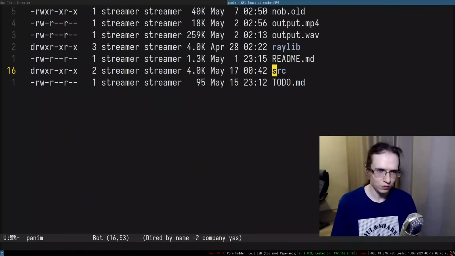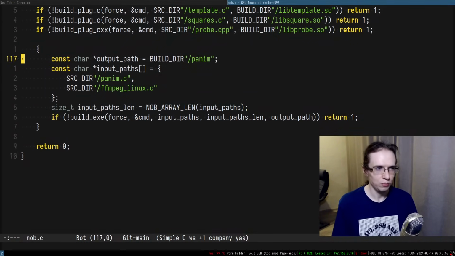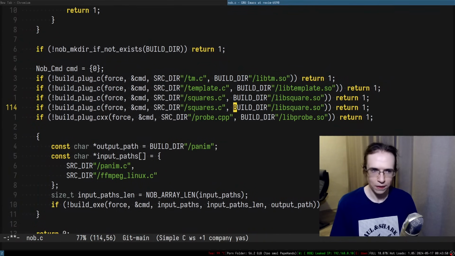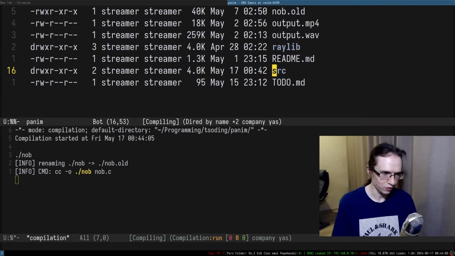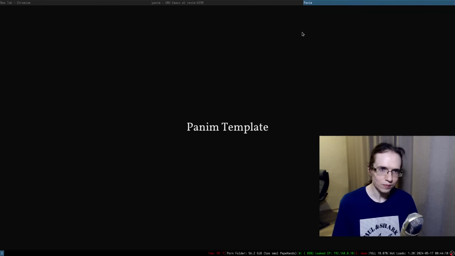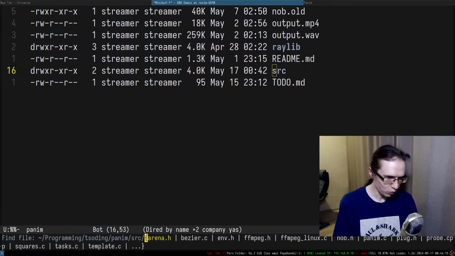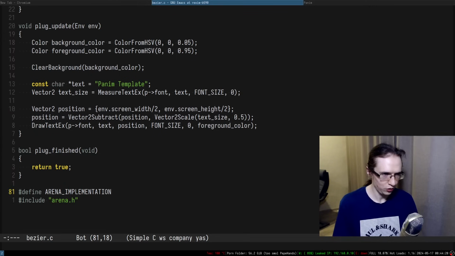So I'm going to open nob.c, and I'm going to include Bezier into the build, like so. So let's do something like lib Bezier. All right. So let's go. And build panim, build lib Bezier. There we go. So panim template. So I'm going to open the Bezier, and let's change it to maybe